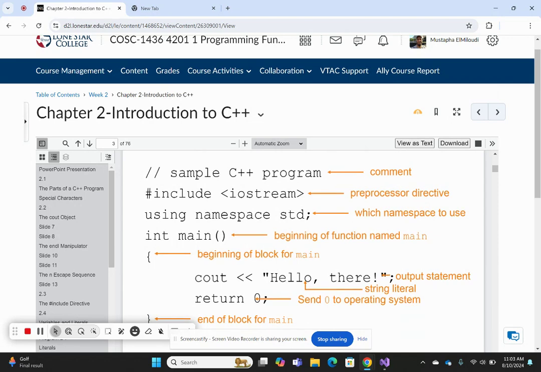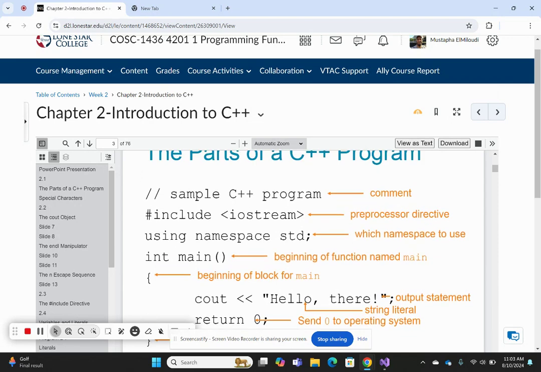So this is how we start the program. Okay, I showed you in the previous lecture how to install Visual Studio. So if you don't have Visual Studio up and running, please make sure to watch that video, how to install and how to create your first project. Very simple, step by step. So once you create a program,